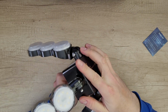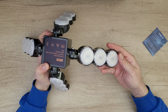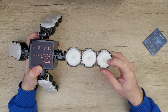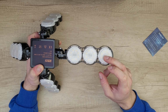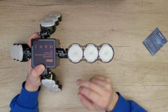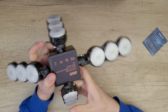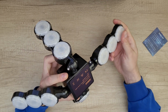Then inside here we've got all the connections of these LEDs. 5 years warranty, and we can see we've got 12 LEDs total, and inside we've got 8 LEDs in each of these circles. That means total we've got here 24 LEDs. By 4 it goes 96 LEDs total. Everything inside here. Whoa. And it will give you definitely a high brightness at the place that you want to